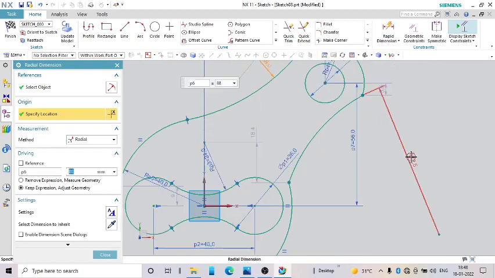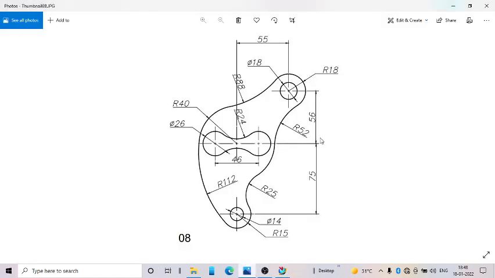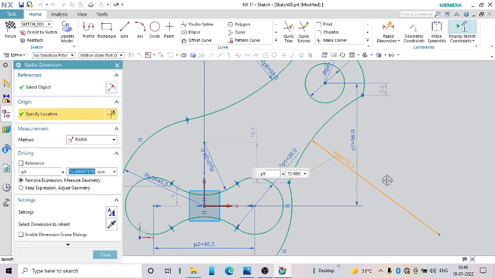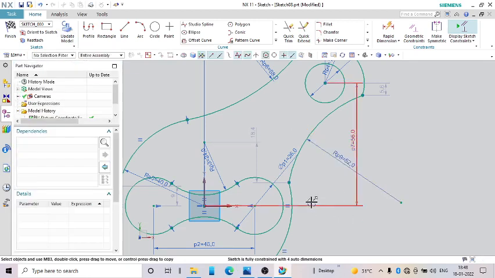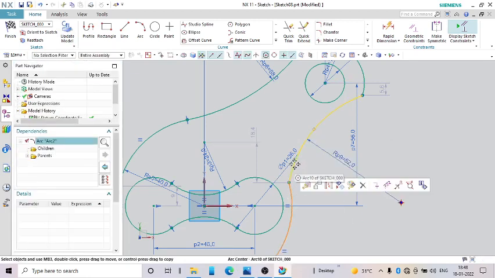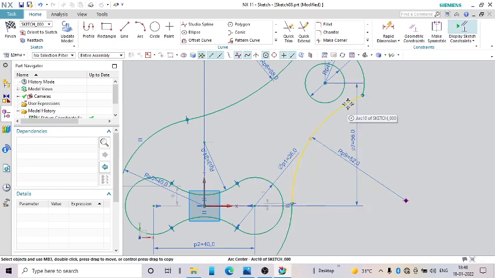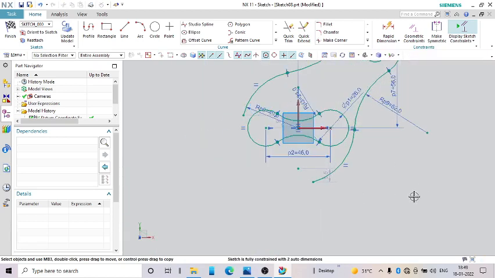And here this radius, this radius is 52. So this we can make 52. Now we will add a tangency, this and this tangent, this tangent. Okay, that portion is over.